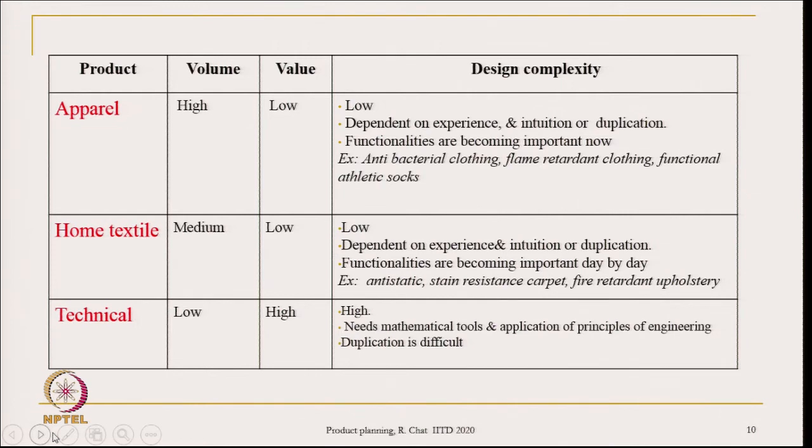So, design complexity wise also they are low, they are not very complex in terms of their design, like designing a towel or designing a bed sheet or a pillow cover or designing a carpet or a seat cover. They are not difficult designs, they are relatively easy to design, and it is also dependent on experience and intuitions